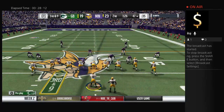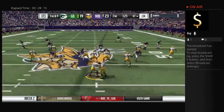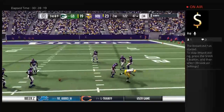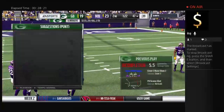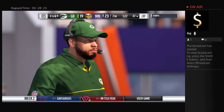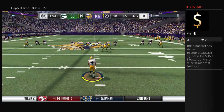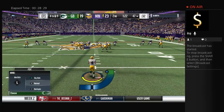And the Vikings are going to beef up their secondary here. 6 DBs on third. To throw, it's Rodgers. And he couldn't hang on to it through the contact. Incomplete. On every offensive coordinator's play caller sheet, they have about 5 or 6 plays per game that they